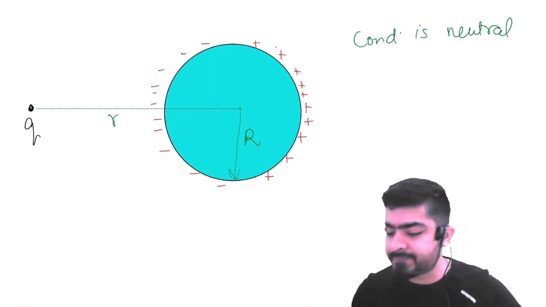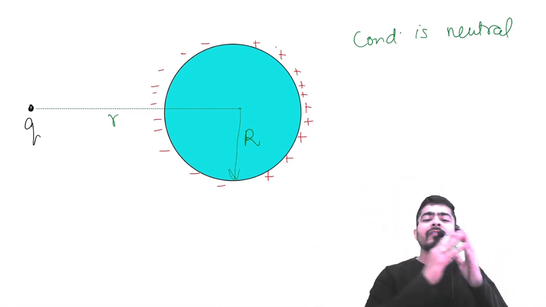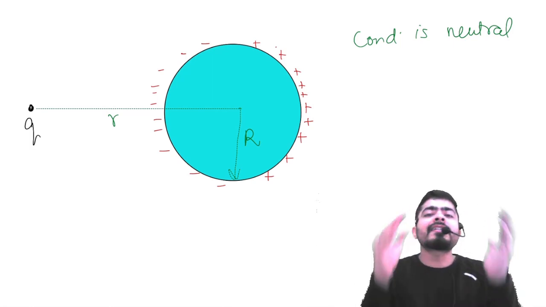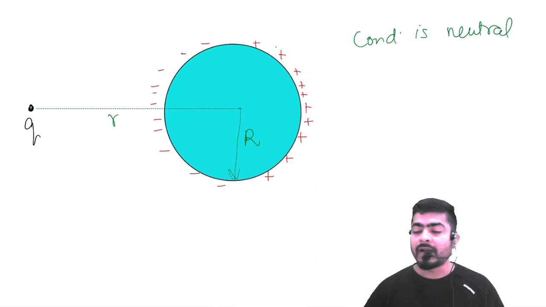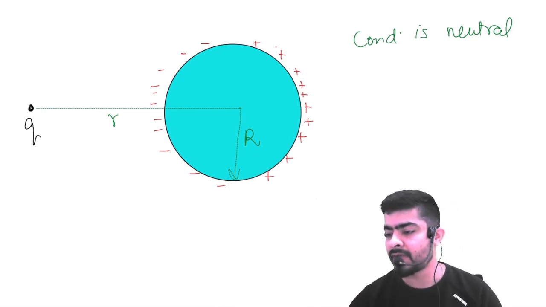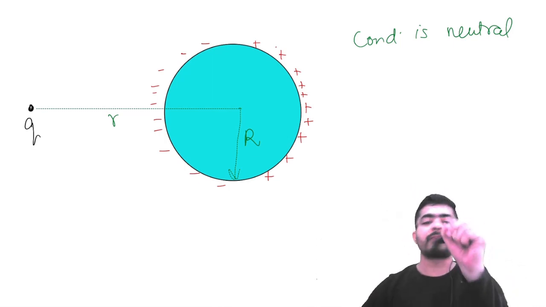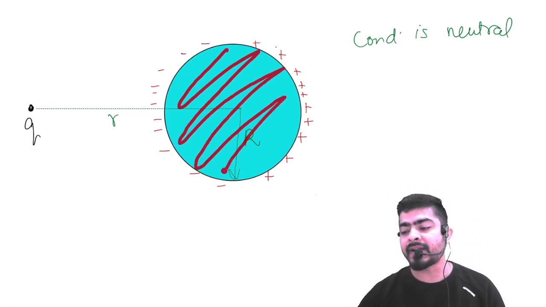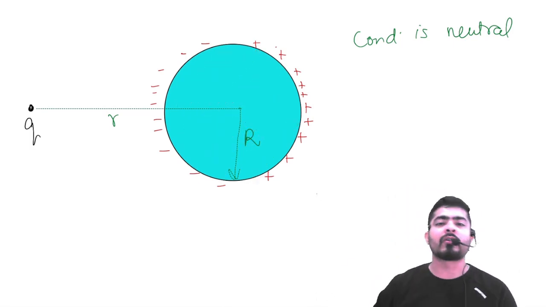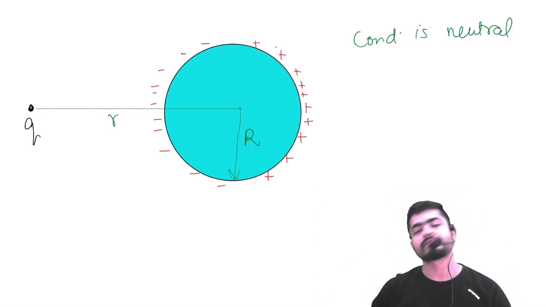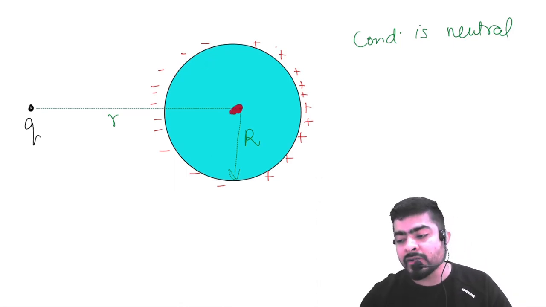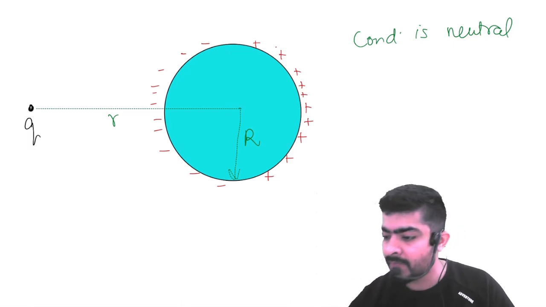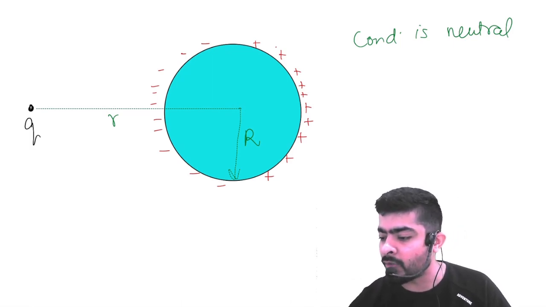Is that clear? We have negative charge on the left, positive charge on the right. Total charge is obviously zero. Then how to solve this question? So first important point, the entire conductor is equipotential. They have got the same potential, correct? So potential at this point is also equal to potential of the center. So that's the point I need to write down first.